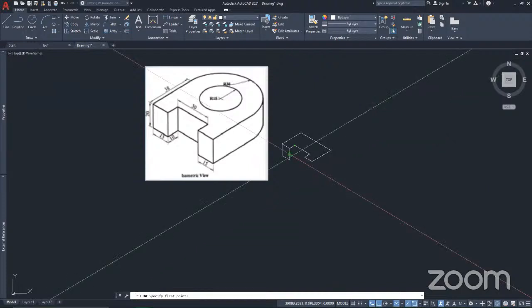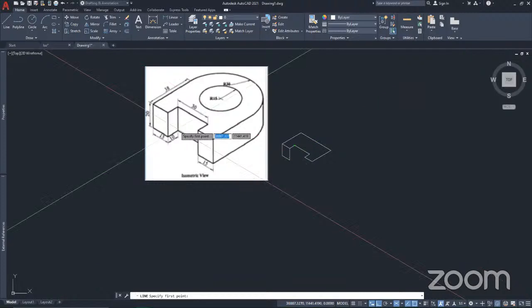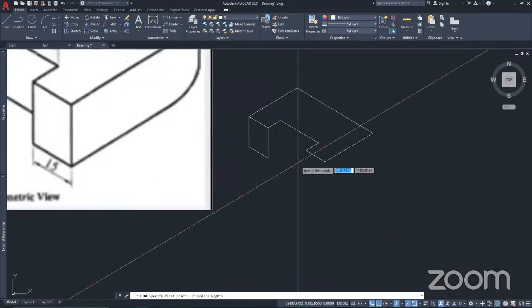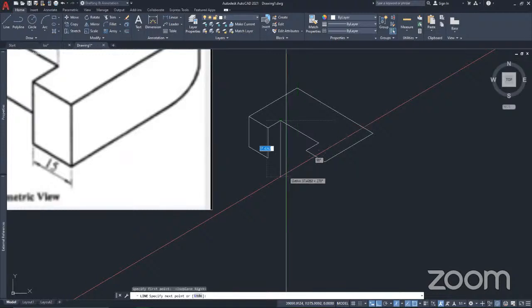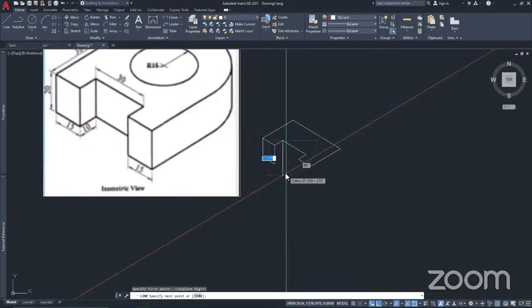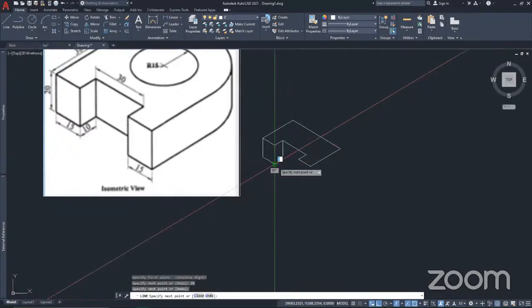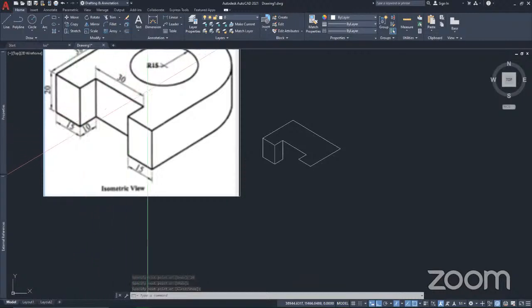So now the next part is I want to draw this face like so. And as you can see, that is the right face. So for us to get that point, I need to switch from the top view, the top plane rather, to the right plane. And we have it like so. So I'll just click here and draw down by 20 units. And then connect it to this point. So we've achieved that. We've achieved this part, we've achieved this part, we've achieved a little bit of the top. And now we need to achieve this side